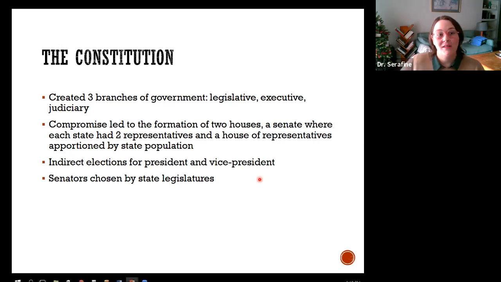And of course, they had indirect elections for president and vice president, which meant that people elected specific electors, like you knew who you were electing to elect the president. Now we still have the Electoral College. You know that people still show up to their state houses to vote the way that their state guided them to, but I would be shocked if you could name more than one or two of your state's electors. That's not how we think about it anymore. In the original Constitution, you were directly electing people who would elect the president on your behalf. Okay.